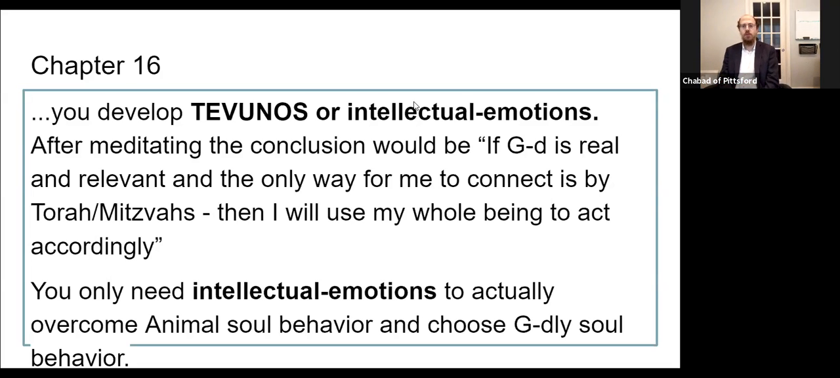So that's it. Then I will use my whole being to act accordingly. Now, you only need those intellectual emotions to actually overcome animal soul behavior and choose godly soul behavior. Now, that's pretty radical. And we talked in chapter 16 a little bit about it, that you don't have to think about Hashem to the point of, oh, wow, I don't care about physical stuff, I really care about the spiritual. That's not expected. You have to think enough about Hashem that it's real enough to you,